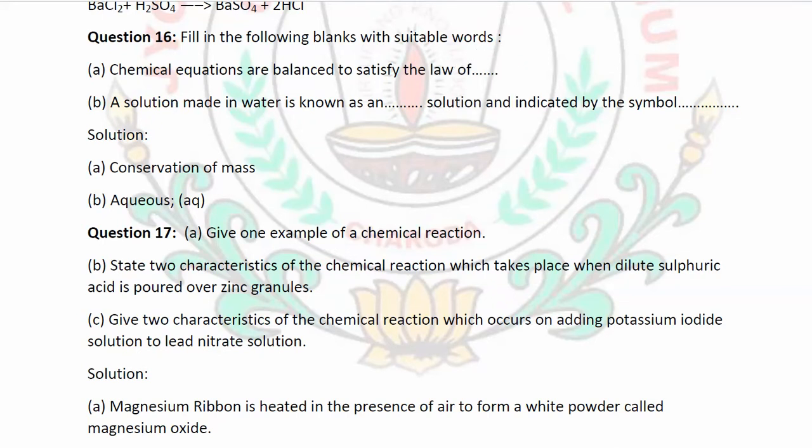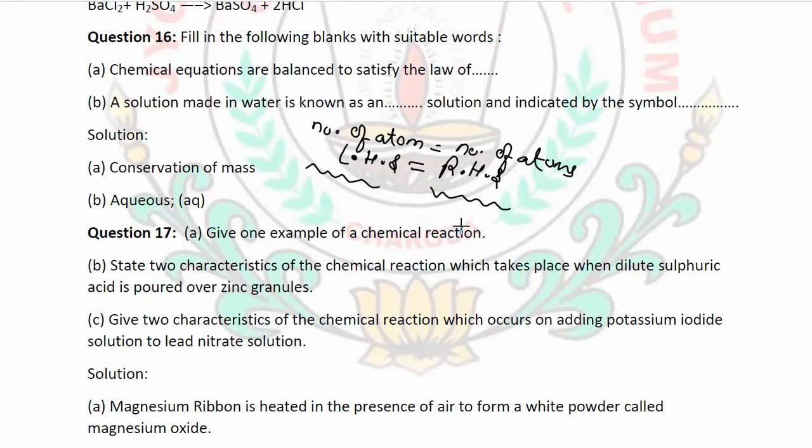Okay, so we know that in a particular chemical equation we are balancing the left hand side of a chemical equation with the right hand side of a chemical equation, and here what we are balancing is the number of atoms. We are balancing the number of atoms on both the sides. And if we are balancing the number of atoms on both the sides, it means we are balancing what? We are balancing their masses. Okay, the masses of atoms present on the left hand side must be equal to the masses of atoms present on the right hand side.